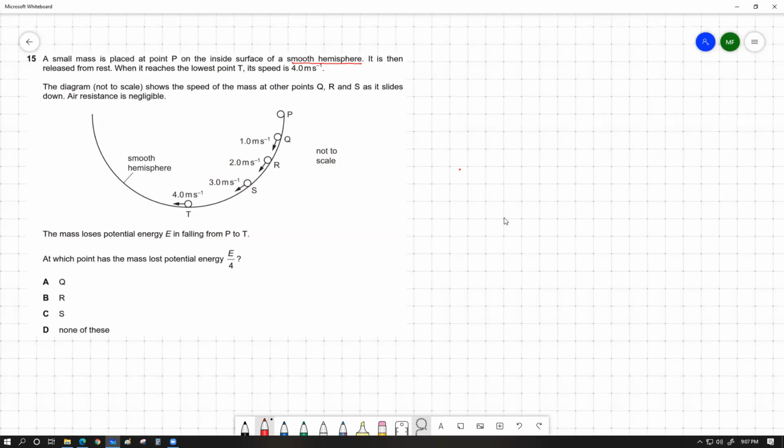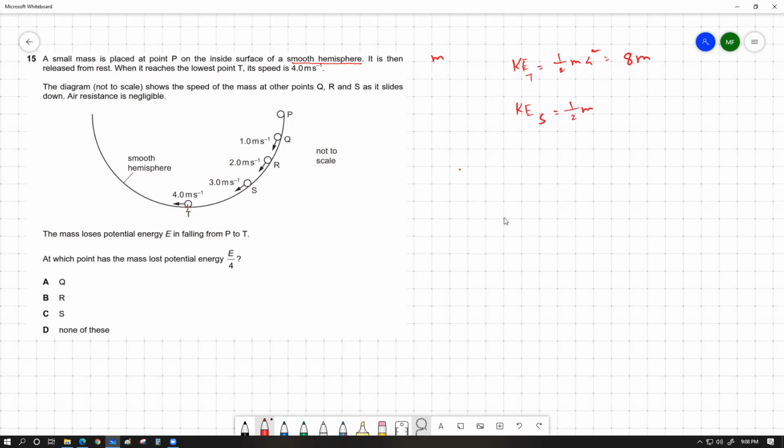আচ্ছা, আমি ধরে নেই আমাদের ম্যাসটা হচ্ছে মনে করো m। আমি এটাকে 1ও ধরতে পারতাম, আমি ইচ্ছা করে m ধরলাম। 1 ধরলে ম্যাথ আরো ইজিয়ার হয়ে যায়, শুধু সংখ্যা নিয়ে কাজ করতে হয়। আমি অ্যাকচুয়াল সলভ করার সময় 1 দিয়ে করছিলাম, বাট তোমাদের বুঝার জন্য আমি m ধরলাম। তার মানে হচ্ছে আমার এই পজিশনে কাইনেটিক এনার্জি হবে কত? হাফ m 4 স্কয়ার, ঠিক না? প্রমাণ খেয়াল করো, কাইনেটিক এনার্জি এট টি হবে কত? হাফ m 4 স্কয়ার। তাহলে এটা কত আসে? 8m।